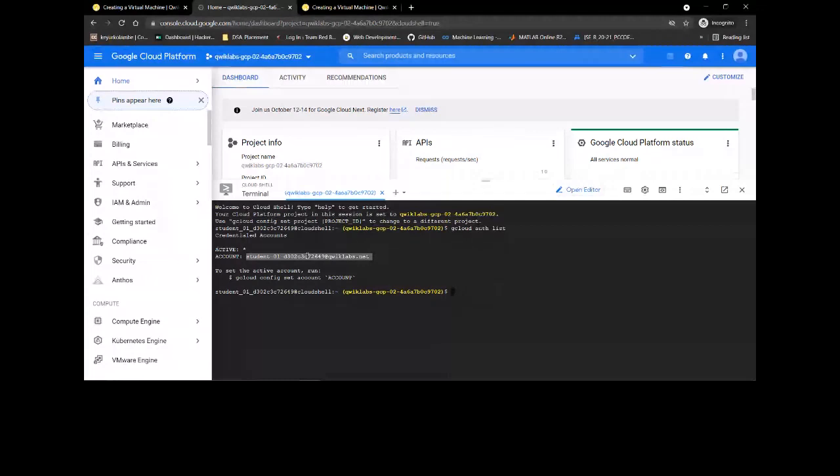Now you can also configure the project, or that project ID which has been given here. But most of the time it is already configured, but you can try doing it again. Now the first task is to create a new instance from the Cloud console. All the steps are mentioned here: go to Compute Engine and then to VM instances and then click on create instance.